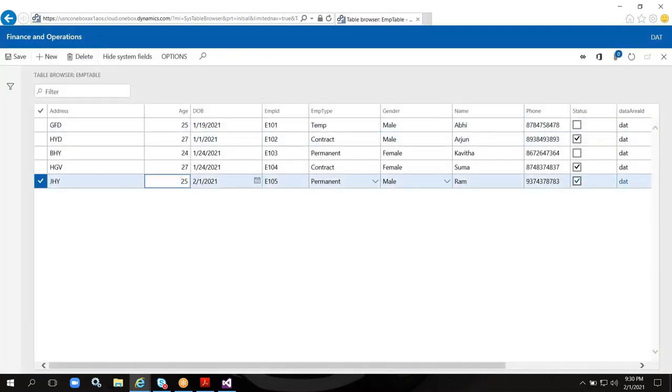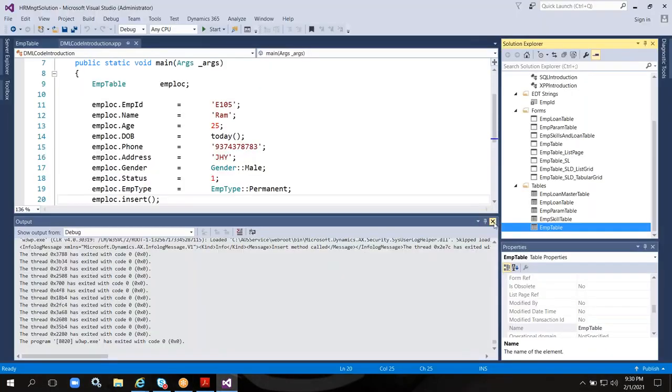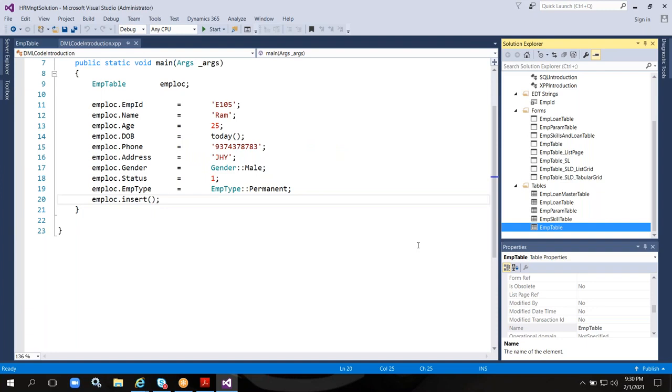See here, 105 record. Through code we are inserting. Just understand here what exactly we are doing, that's it. In real time the insertion process will be the same, but we don't do any hard coding. Okay, it is hard coding. But why I'm telling here means,